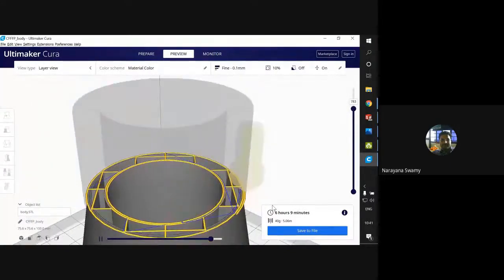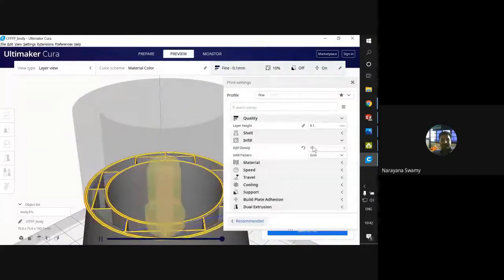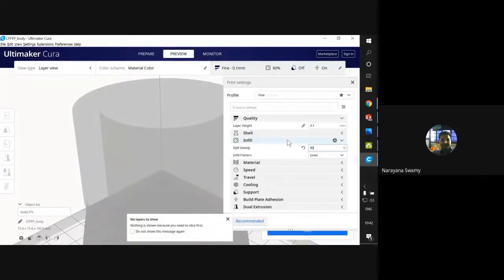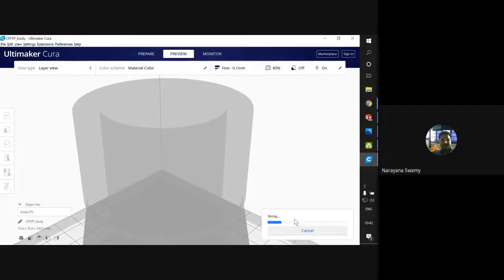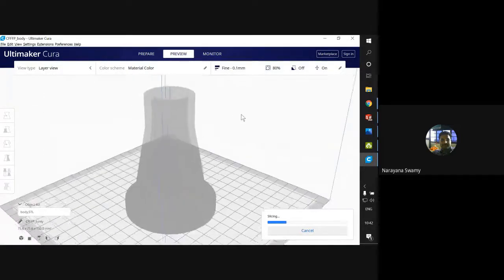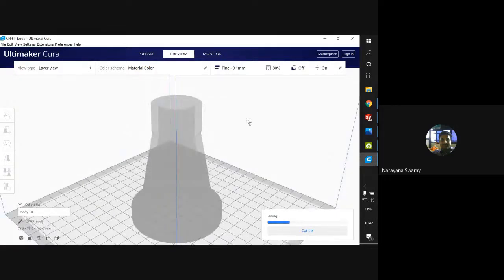Now we'll change it to 80% and see the pattern. Now it is lines. Initially it was a grid, so now we'll change it into lines and see how the infill follows the pattern of lines.